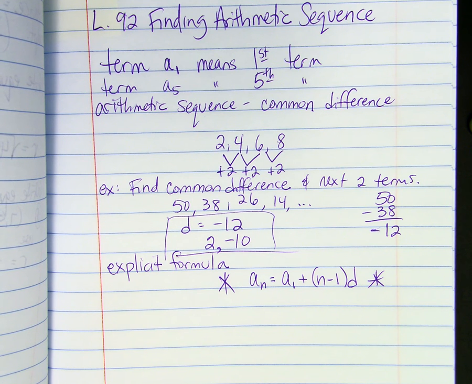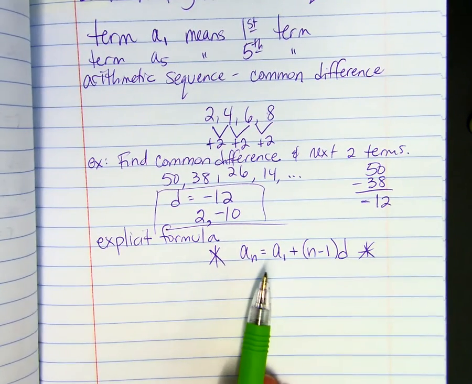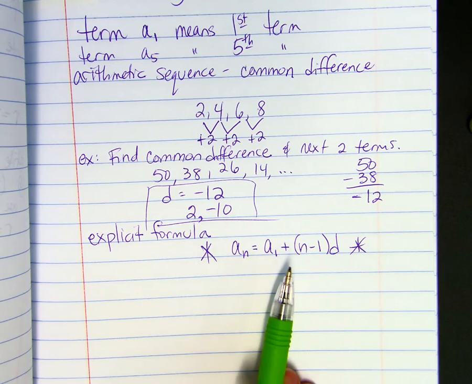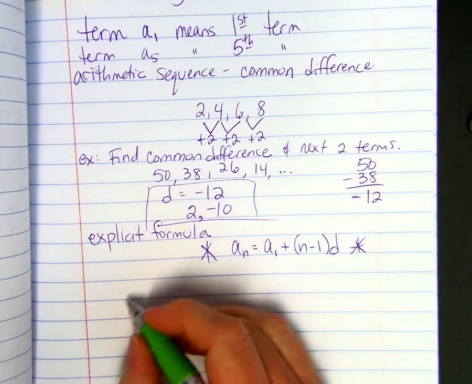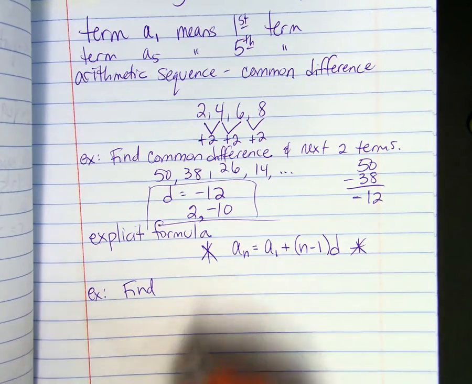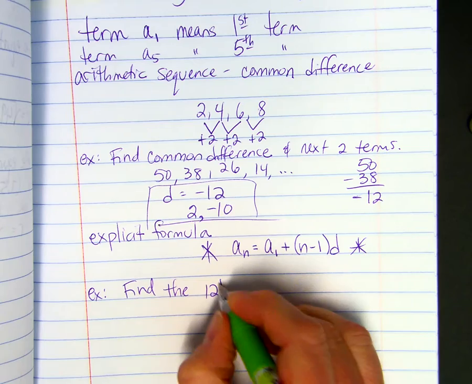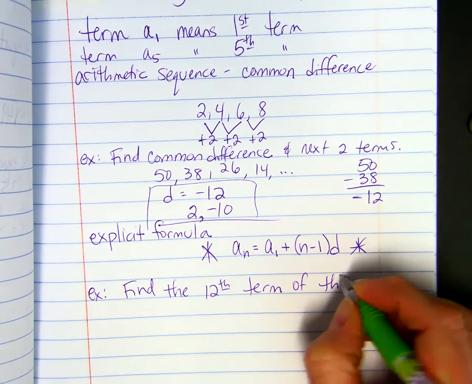With this formula, you can find any term in the sequence if you know the first term and the common difference. So let's say we are asked to find, here's another example, the 12th term